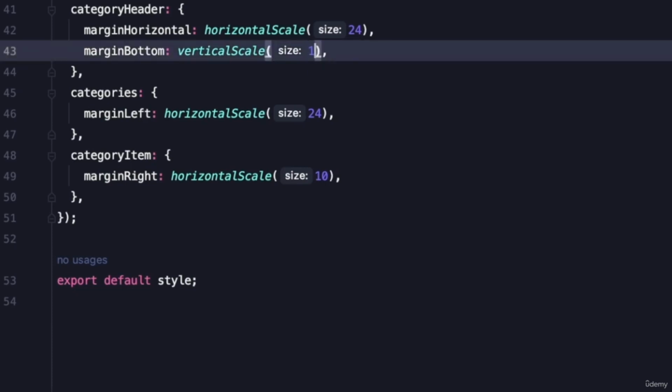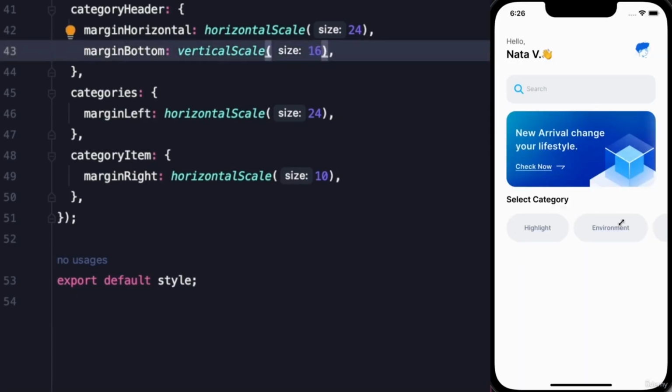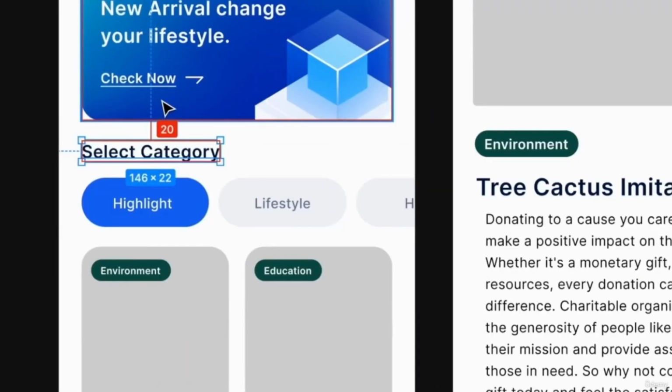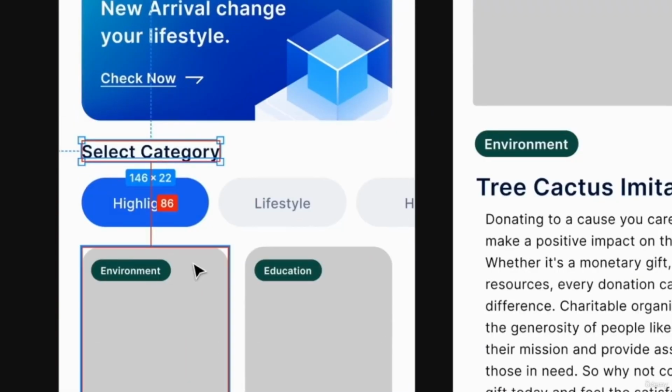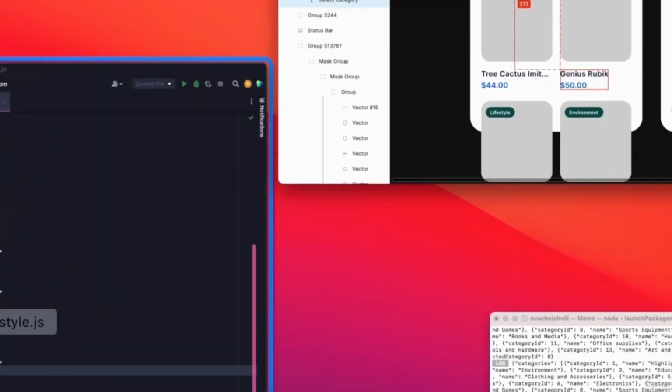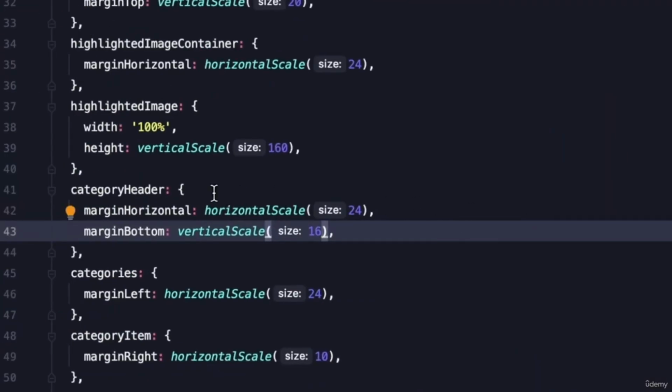Let's use that here. Let's open up our simulator. And this is looking pretty good, except for the fact that I think above we also need... So we need 20 above and 16 below. And let's see our